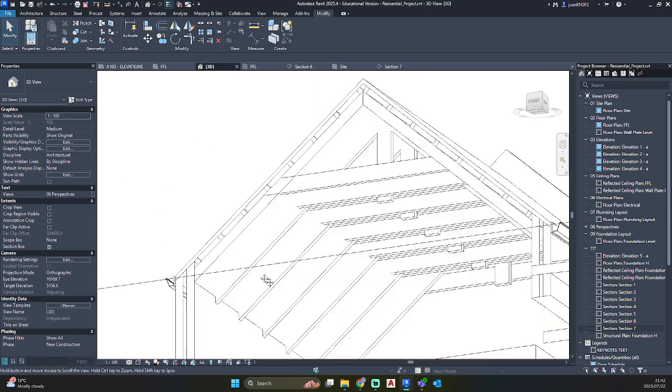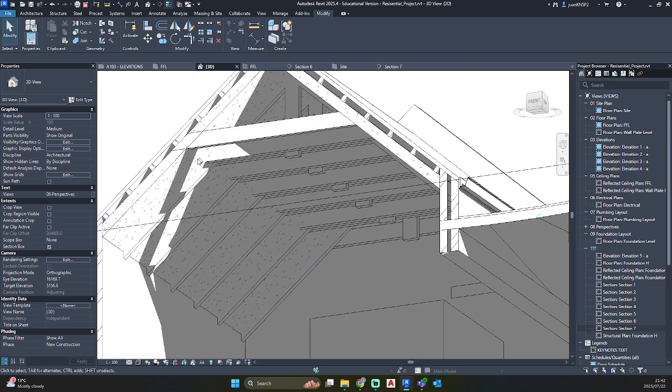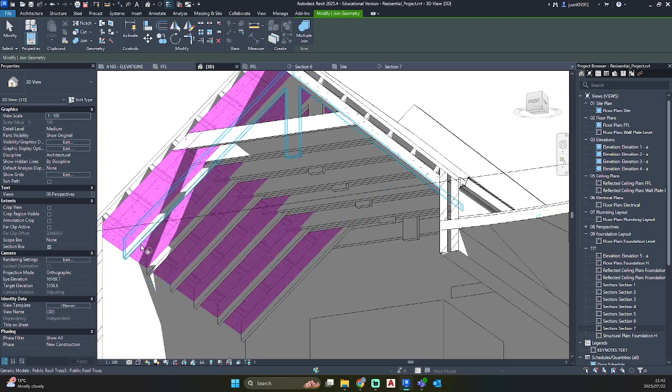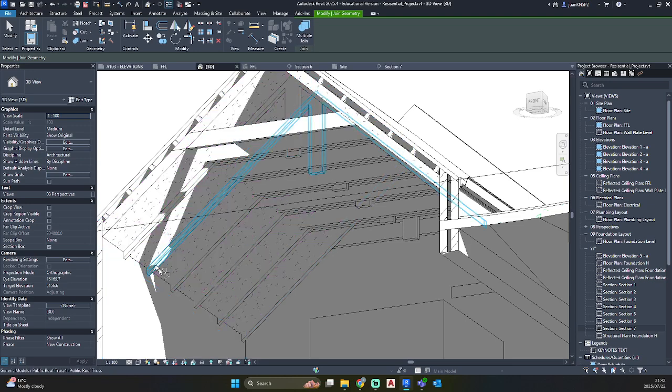And as you can see, Revit did not give us clean finishes, so let's go ahead and join those areas.